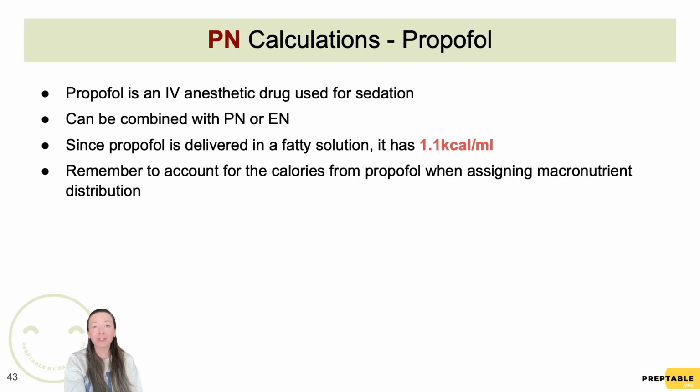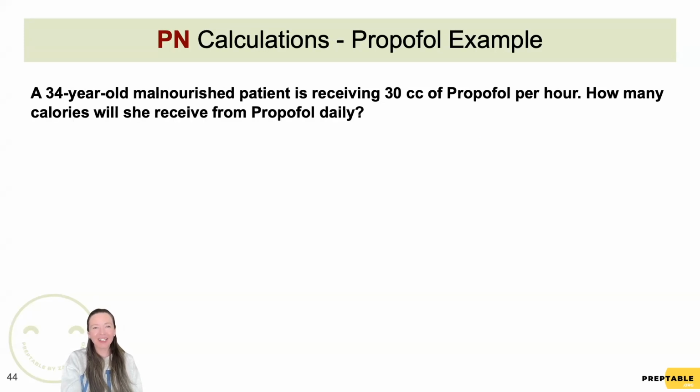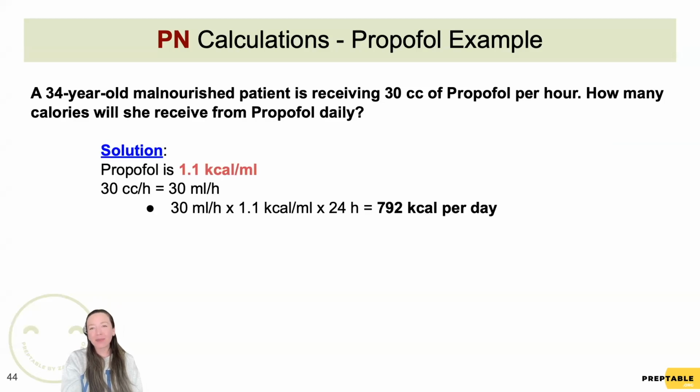So let's go over an example together. Let's calculate the total calories the patient will receive from propofol daily. Given that propofol provides 1.1 kcal per mil and the patient is receiving 30 cc per hour, which is the same as 30 mil per hour, we can calculate the daily calorie intake from propofol. So 30 mil per hour times 1.1 kcal per mil would give us the amount of propofol in 1 hour. But there are 24 hours in a day, so we then multiply it by 24 hours, and that equals 792